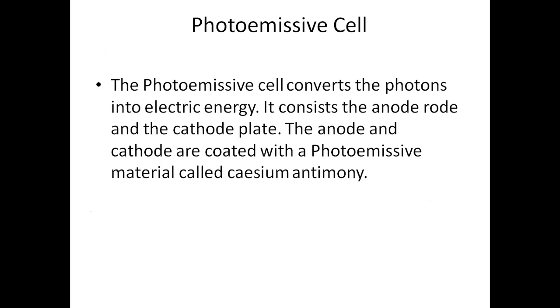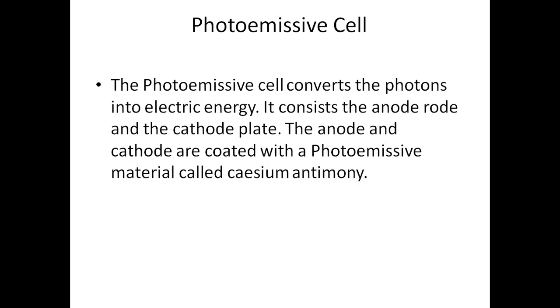When we talk about classification, we have three different classifications: the photoconductive cell, the photoemissive cell, and the photovoltaic cell. The first thing we are going to see is the photoemissive cell, otherwise named photoresistive, and commonly known as a phototube. It uses the photoelectric effect, the phenomenon whereby a light sensitive surface gives off electrons when struck by light.